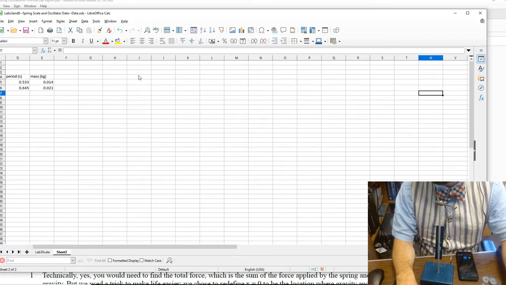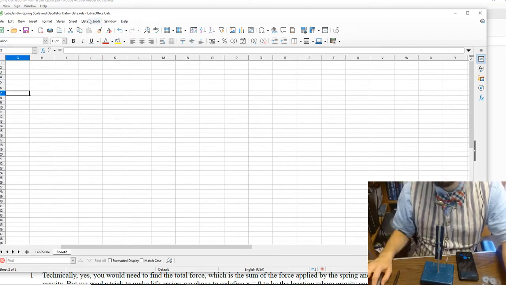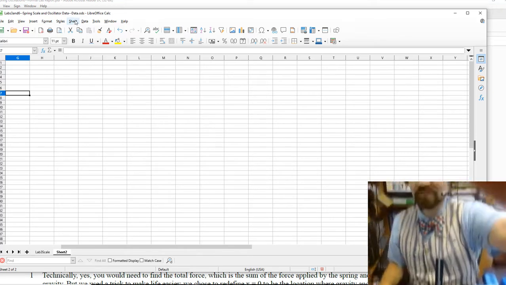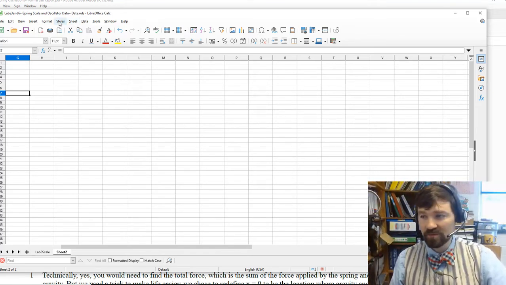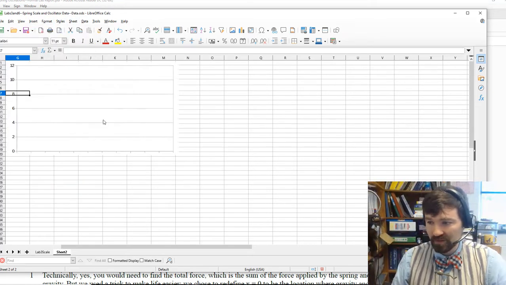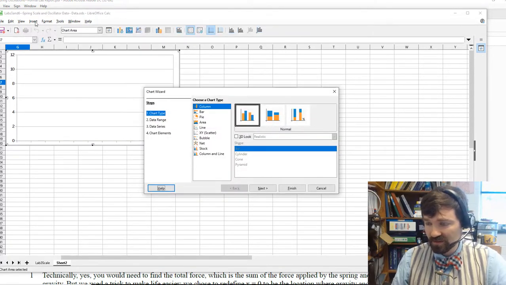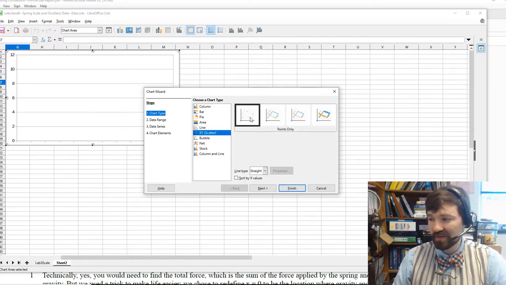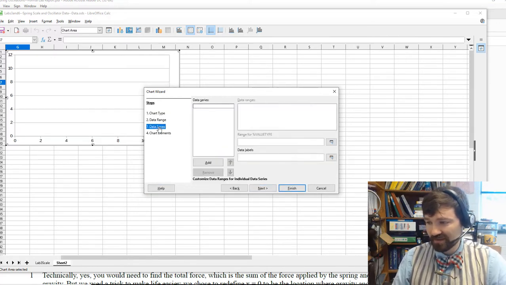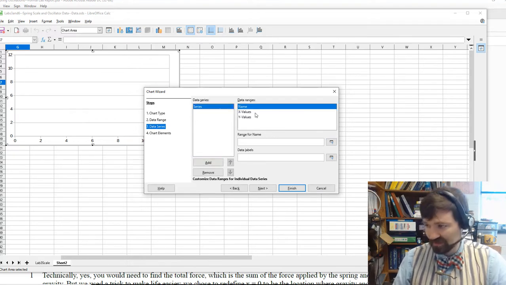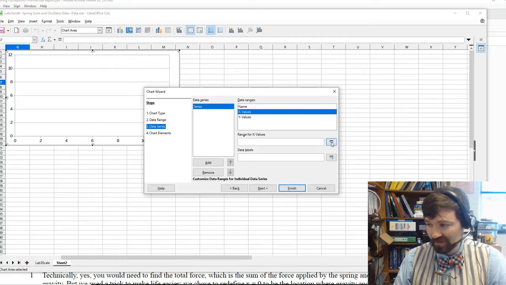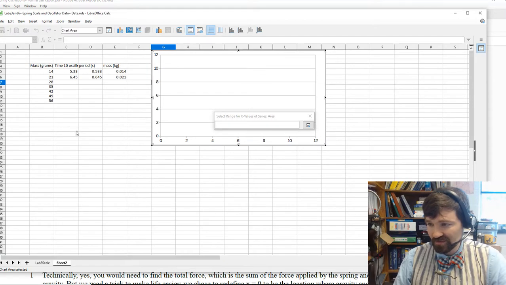What you would do next is you would want to insert a graph. So what I do is I say insert chart. I go on here. What I want is an XY scatter plot. Here's my XY scatter plot. Go to data series. We add a series. Basically, we need to name the series, which I'll do in a moment, but you want to get your X values,